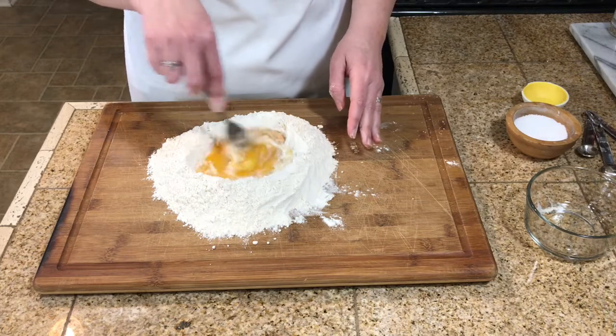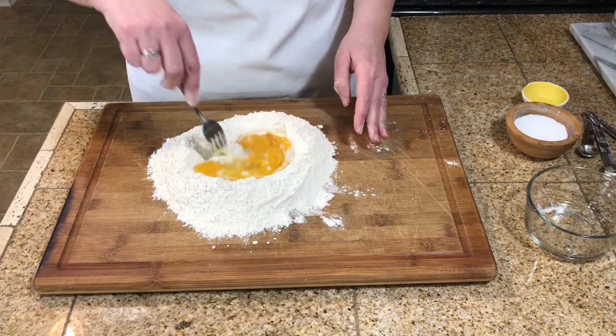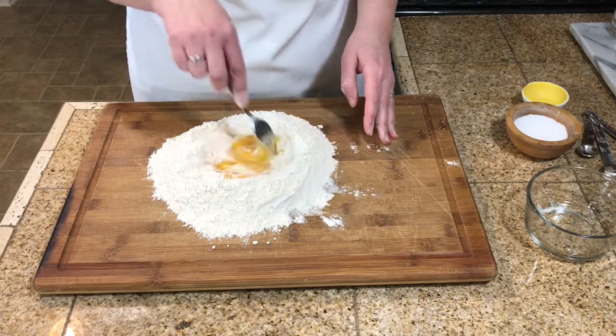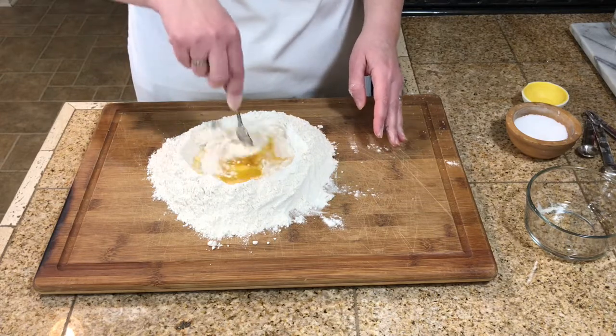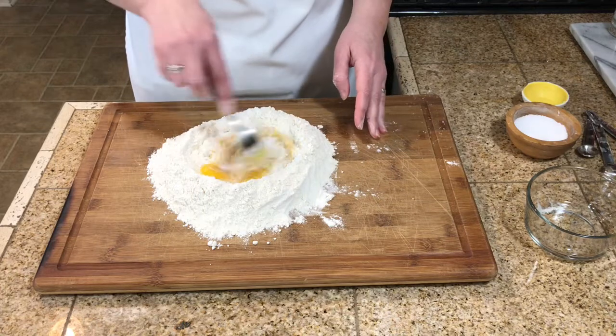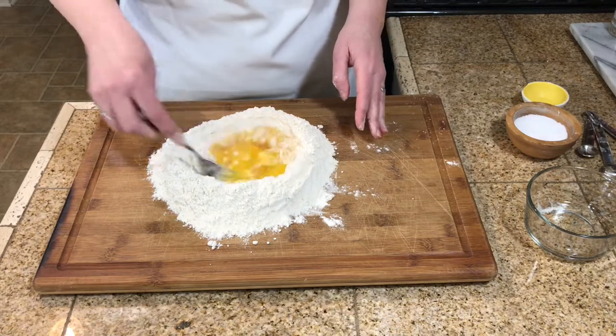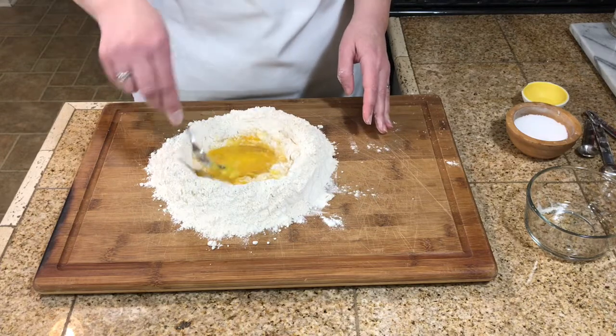Now, this can get messy, but that is okay. That's part of the fun of it. I tell you, kids would like to make this. Now, obviously, a little bit older kids, or you'll really have a mess in your kitchen, but they would like to make it, and it is fun for them to do. So you just slowly start to whisk in your flour,